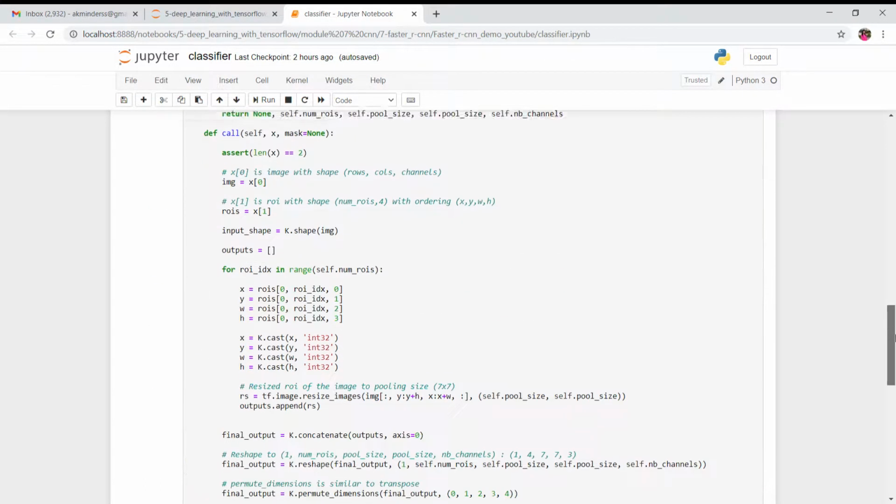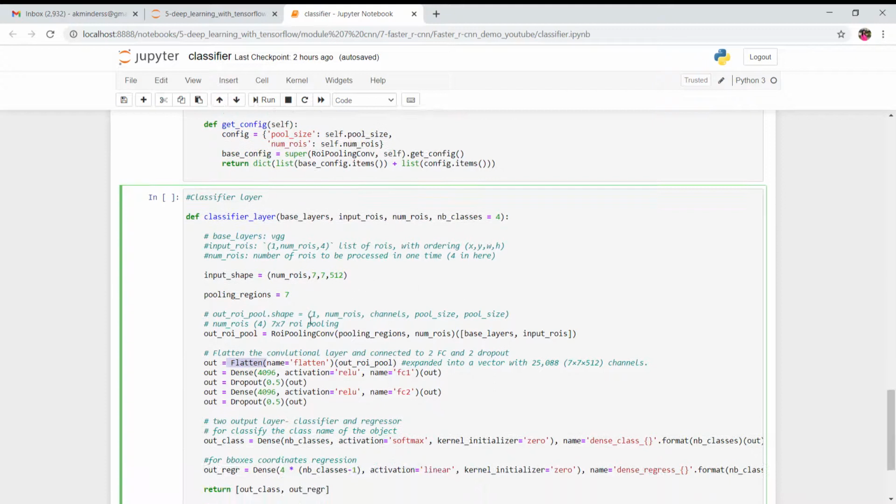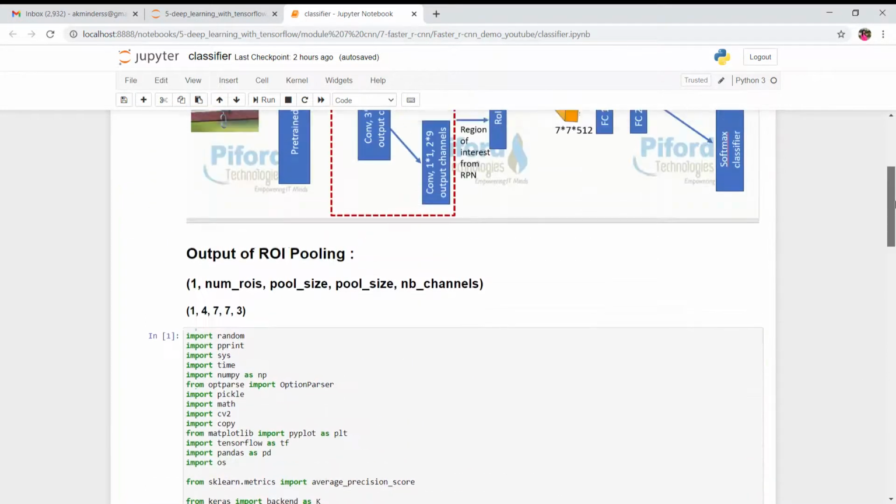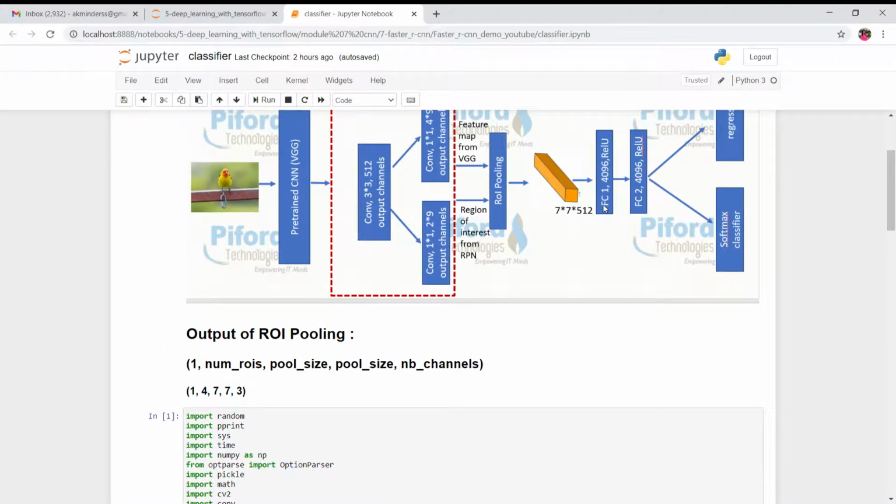After flattening, we have a fully connected layer with 4096 neurons, then a dropout, and again a next fully connected layer. You can see over here, fully connected layer 1 has 4096 neurons and the activation function is ReLU, and over here similar.